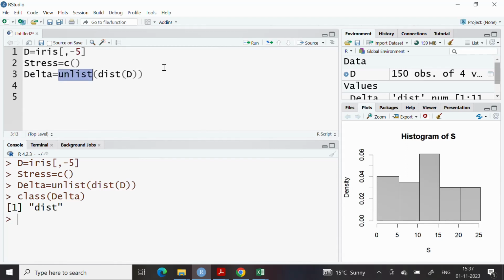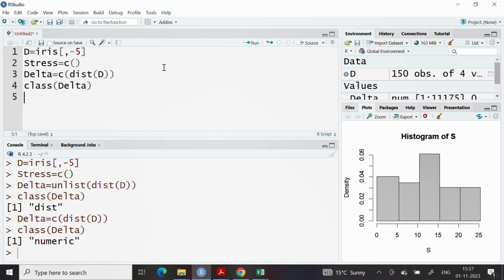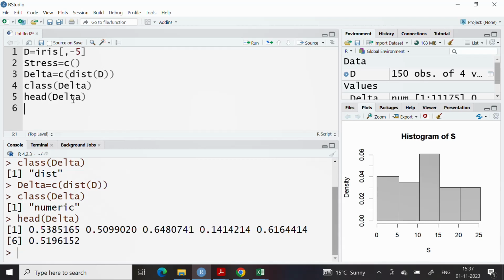So, okay, this is numeric now, and let me look at head of delta. These are some of the distances, and length of delta will confirm